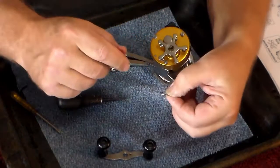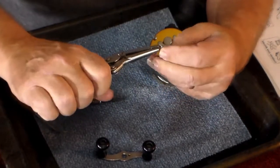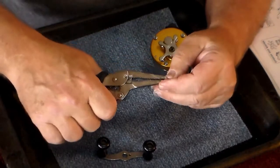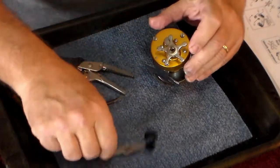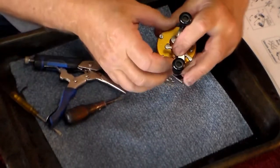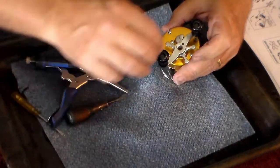And if the tension washer has been squished flat, you can go back and add just a little bit of curve to it with a pair of pliers. Don't put a lot of curve. You don't want to break the tension washer, but you can add just a little bit to it. There we go. Now we'll slip the handle on and we'll tighten the drag down some more so that the star nut goes down further. All right. With that in place, we're ready to put,